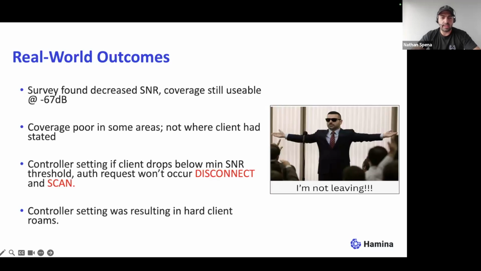we found that there was a decrease of SNR, signal to noise ratio, but the coverage was still usable, still around 65 to 67 dB. So we didn't think it was a coverage issue. We had the DBX running, the Spec N, and we saw that there was a lot of channel overlap, but no real interference. So we provided that back to the customer and we explained to the customer, you've got issues